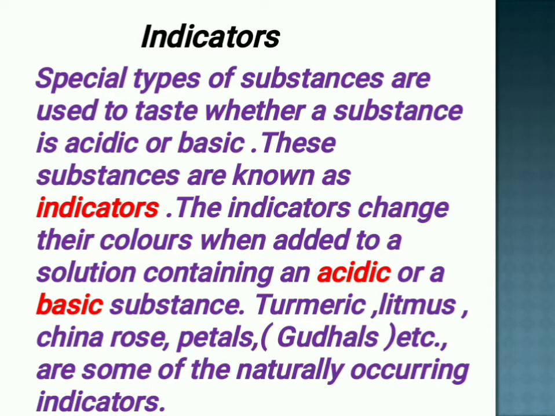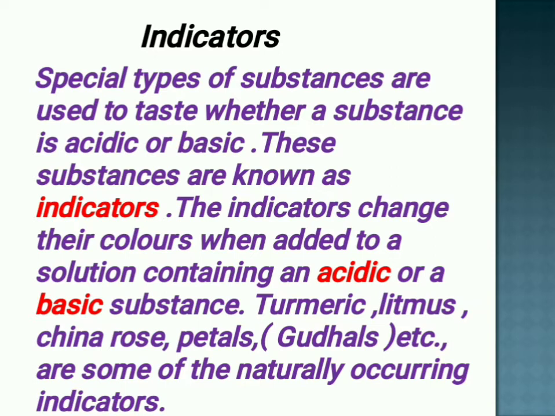So today we will learn about indicators, and these indicators are used to learn the difference between acid and the base. Understood? What are indicators, we will study. Special types of substances are used to test whether a substance is acidic or base. This is known as indicators. So, the substance which is used to find whether the given solution is an acid or base,